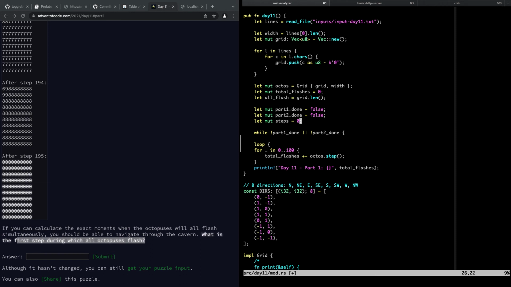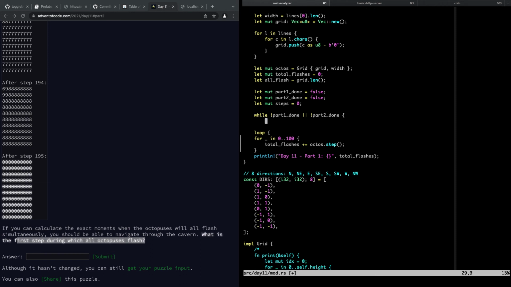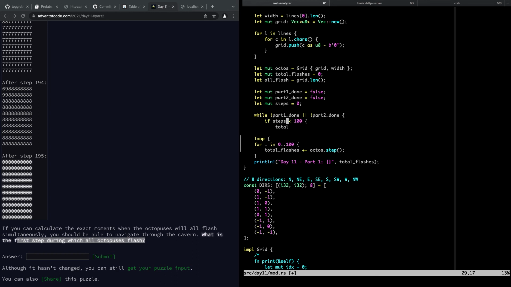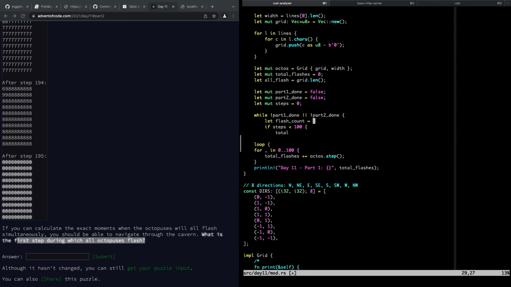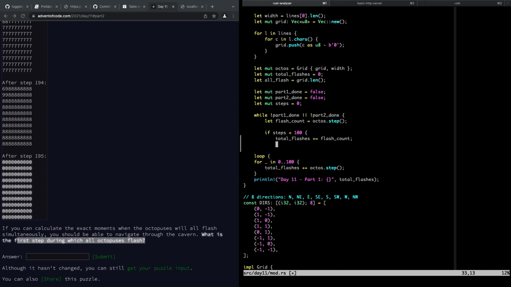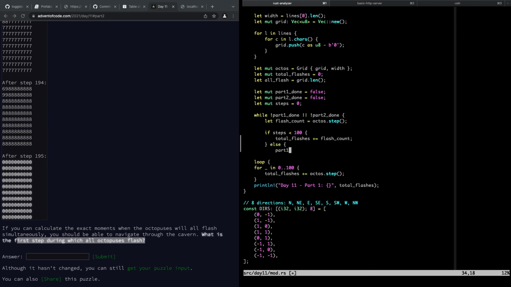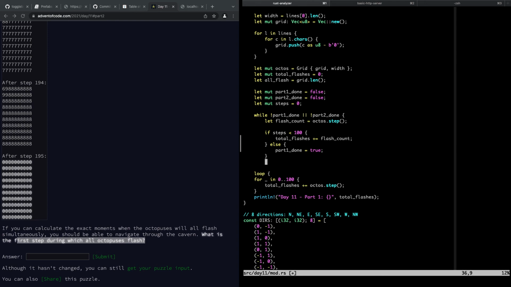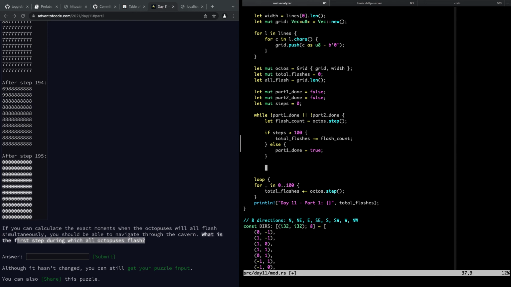Let steps equals 0. So what we'll do is say if steps is less than 100, total, let flash count equals octos dot step. If steps is less than 100, then total flashes plus equals flash count. And else part 1 done is true. That's going to set every time, but I don't care. And then we want to say if flash count equals all flash,